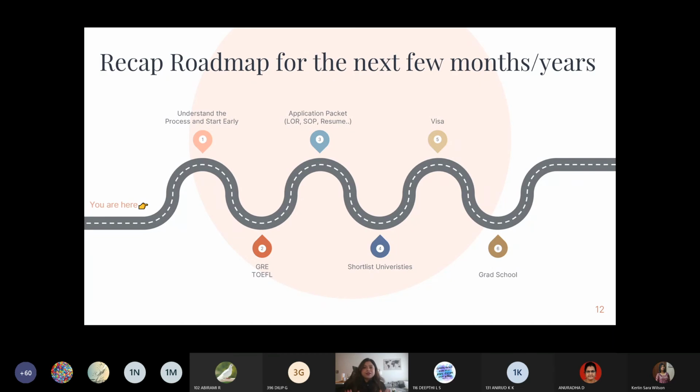It should have a nice story or flow, creatively. Your past accomplishments, your present, what you're doing now, and then what your future goal is. Why would you want to go to the university? Why are you interested in the program? Why are you an ideal candidate? What do you intend to do in the future after graduating? So just keep it simple, keep it interesting, and you're good.